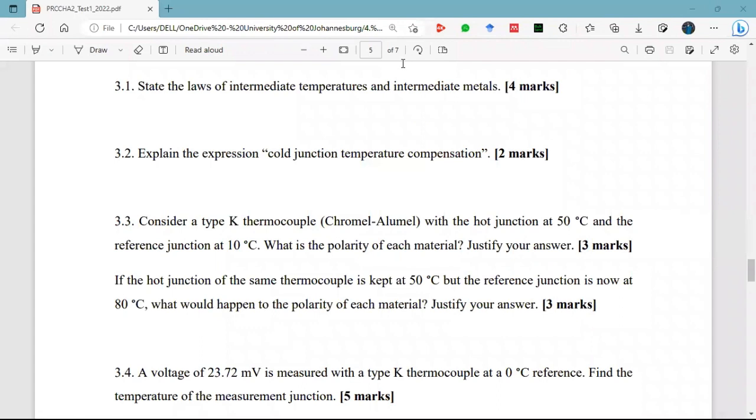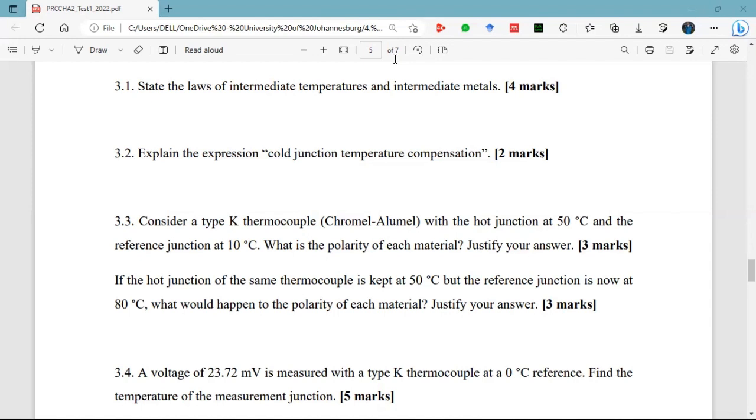I said just link your knowledge of the Seebeck. Maybe this is something that you should do as you study: go and find out about electron movement between two different materials. You can search any type of thermocouple, K type, S type, J type, and then look at the polarity of the materials. It's always there if you're focusing on understanding the thermocouples themselves. But the general answer that I gave there was that you need to say that